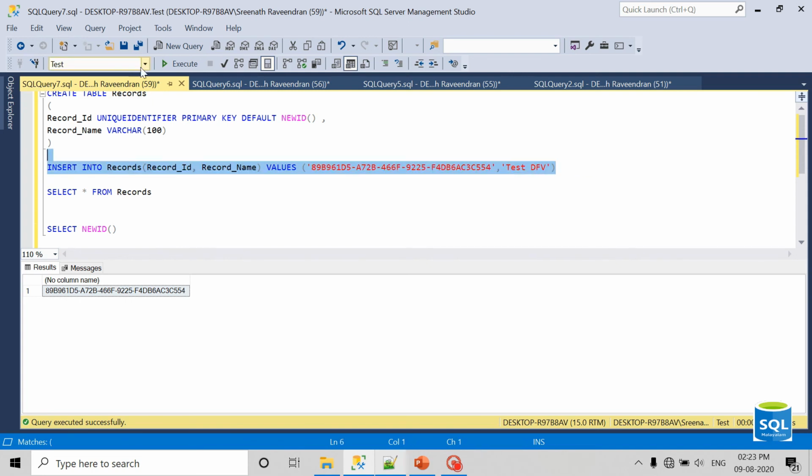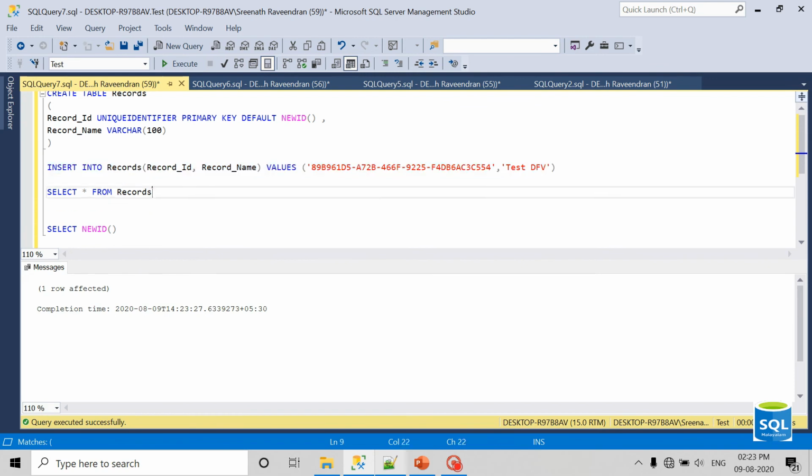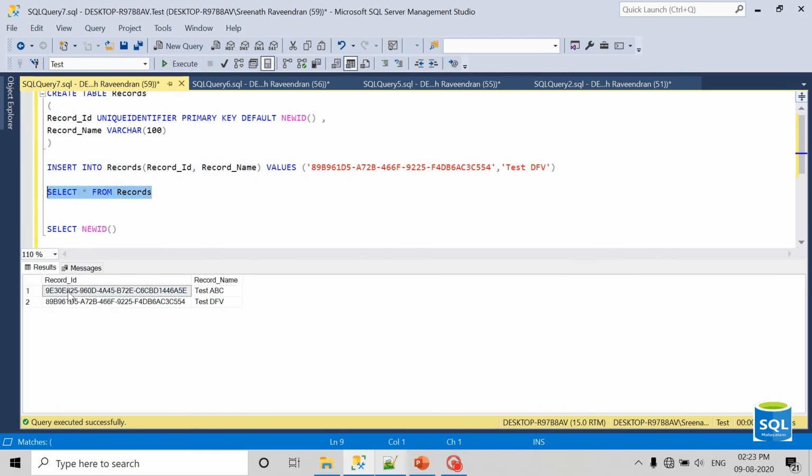Yeah, when it's inserting the second record. So this is how a unique identifier data type can be used for the primary key. If this record is used for any other references, we need to specify it as a reference. Then this column should be used as a foreign key for that table, and we need to use the unique identifier data type.